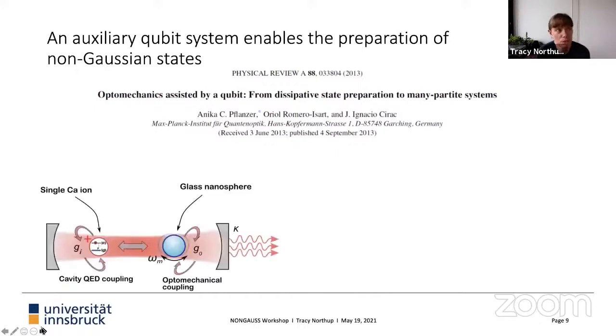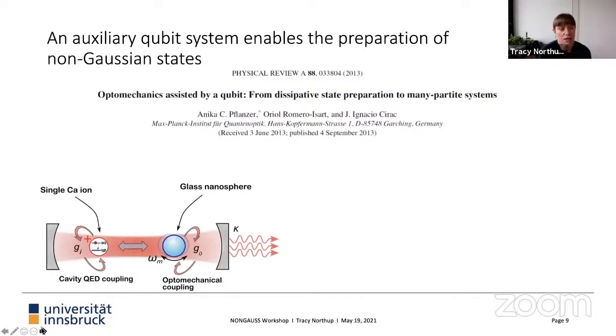And so we had experience with ions in particular. When we tried to take this proposal and interpret it in our experimental world, this is what it looked like to us: the idea that we would take the kind of calcium ions that we already knew how to couple to an optical cavity. And that's not an optomechanical coupling. This was a coupling looking at the interaction of the electronic levels of the ion with an optical cavity. So this is a coupling between the atomic dipole and the cavity field.